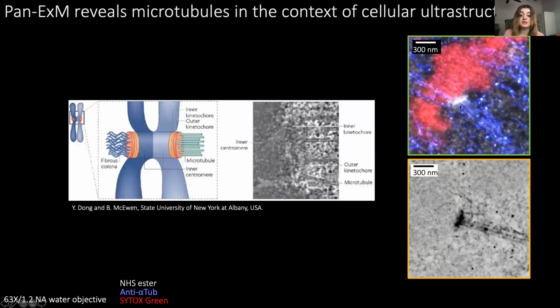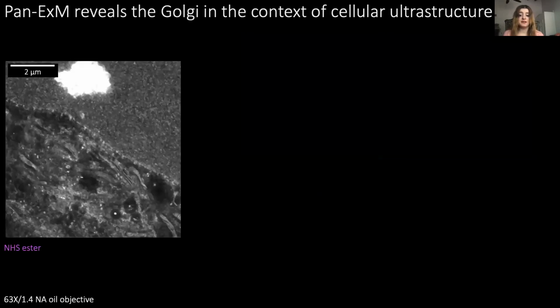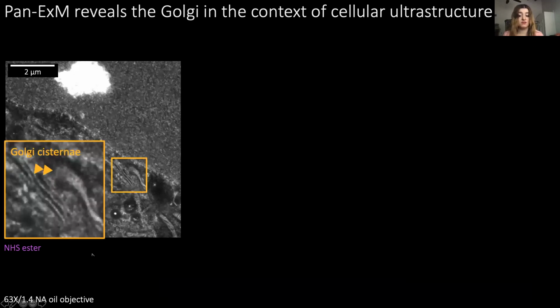And this resembles EM images of the kinetochore microtubule complex one can image with electron microscopy. What about the Golgi apparatus? It's a major cellular organelle that tends to look ribbon-like in conventional optical microscopy. As I've shown earlier, it is possible to discern individual cisternae of the Golgi complex from the NHS ester channel